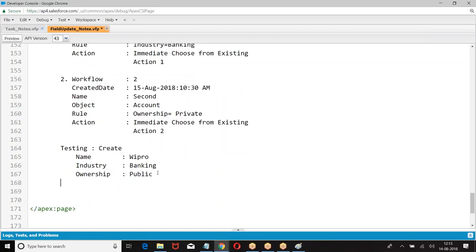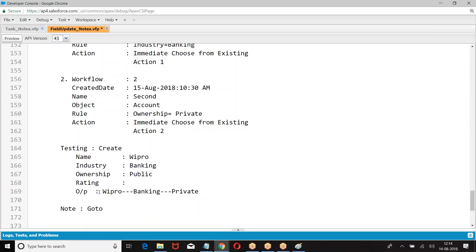Once you create, what will be the output? What is the output we are going to get? Wipro banking, because the second rule is not going to run. Is it going to cross check the rule? No.